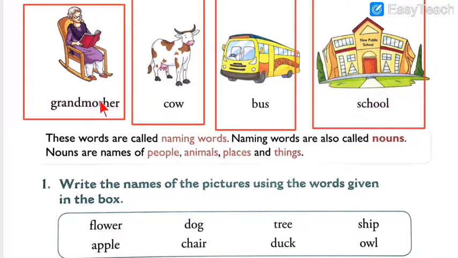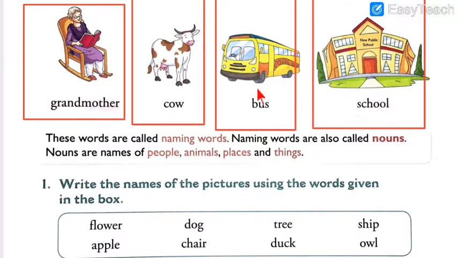You say grandmother. Obviously, an old lady sitting here on the chair is a grandmother. So perfectly you call grandmother to one woman. Then see cow. Can you say this is the cow? No. This is only the cow. So this is the name of an animal. This was the name given to the person.